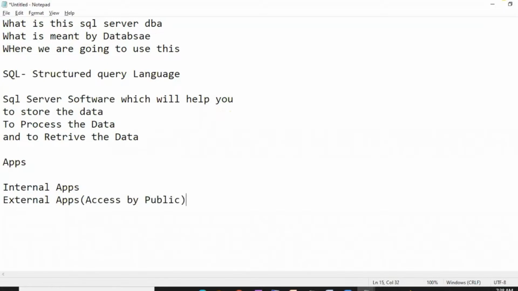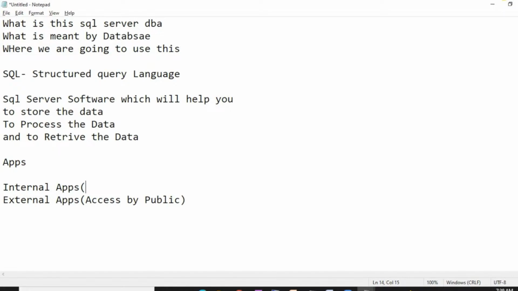So you can access WhatsApp, you can access PhonePe, you can access net banking, anything. That is your external application, guys. Internal applications means if you go to any bank, you want to deposit some money, you will go to the bank. They will ask you to fill one form, a deposit form. You are going to fill that form. Then you will keep your money and your deposit form, and go to the counter. Then they will take both, money and deposit form, and they will open their computer or system,